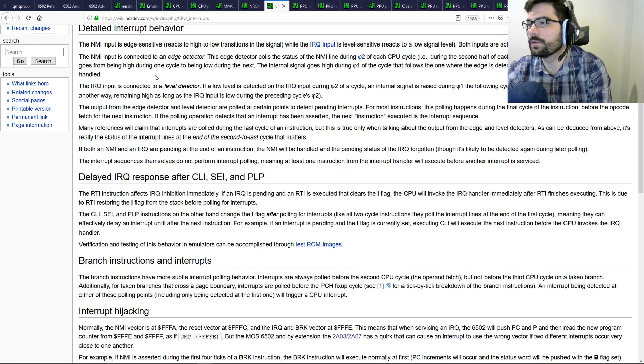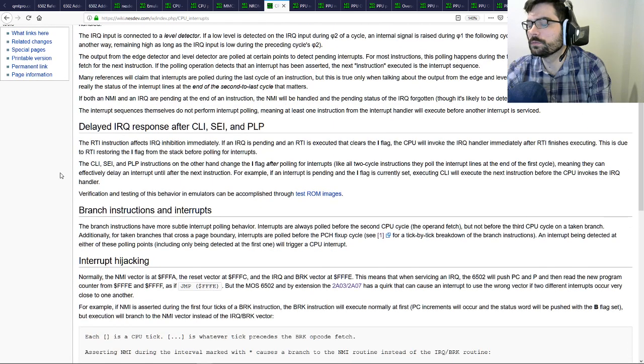NMI input is connected to an edge detector, from being high one cycle to being low during the next. I inverted that logic, but it should be correct anyway. Could be right. I just thought about NMI disabling IRQ. Yeah, I don't have any of those hooked up.